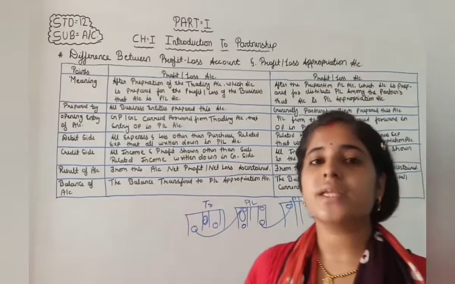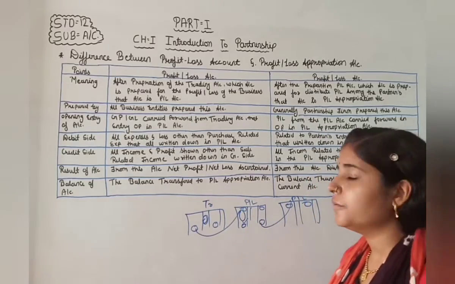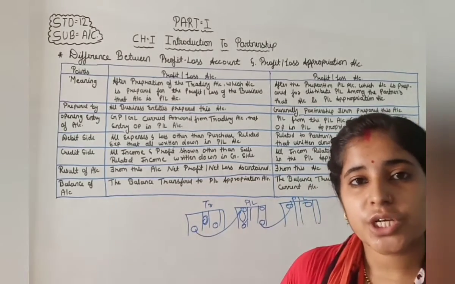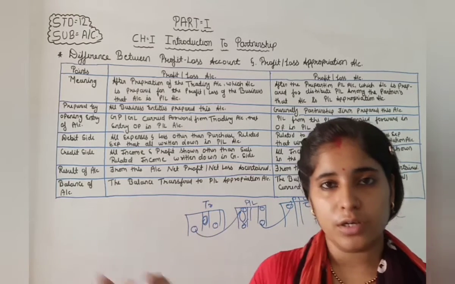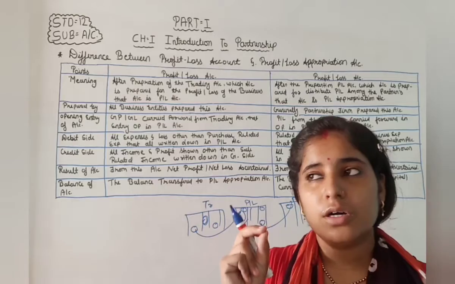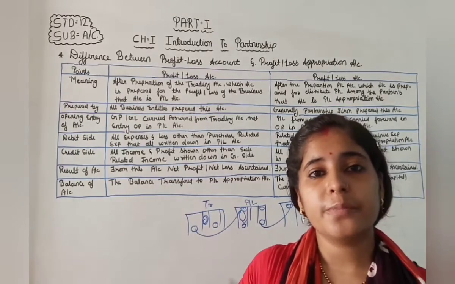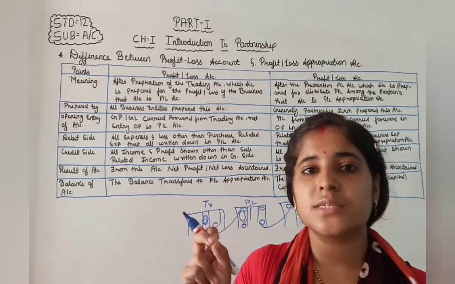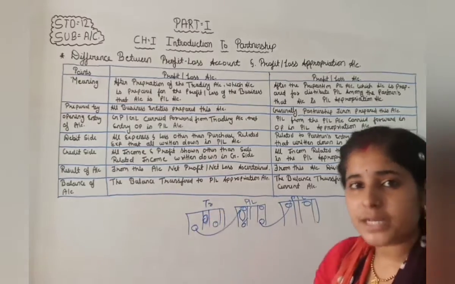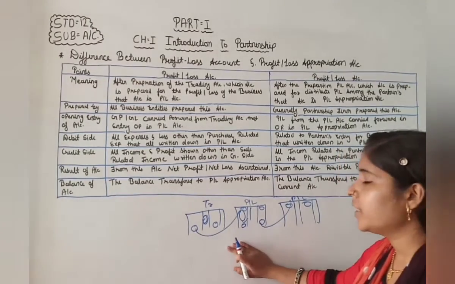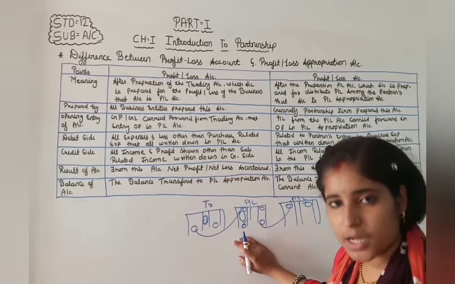So other than purchase related expenses, we write down on the debit side depreciation, bad debts, rent of the business, or salary for employees. These are administration expenses and selling expenses. So these are the expenses other than purchase related, and we write them down on the debit side of the profit and loss account.